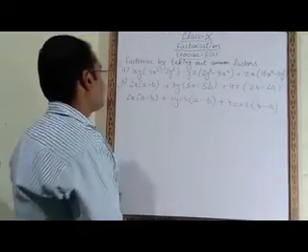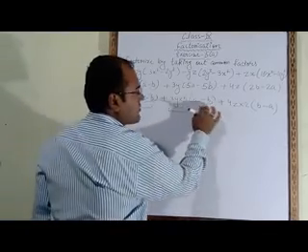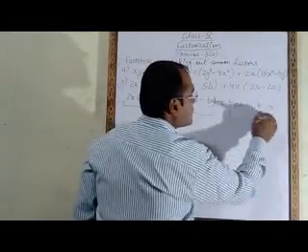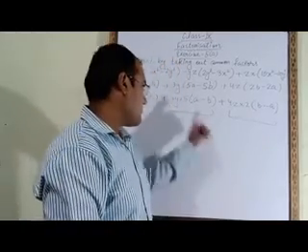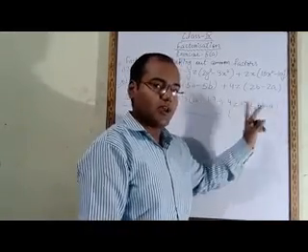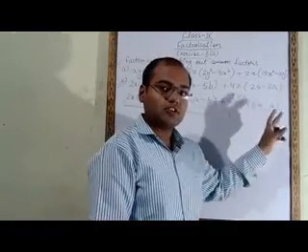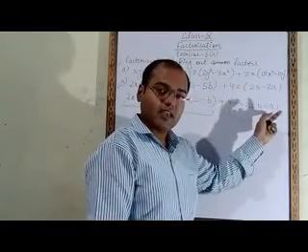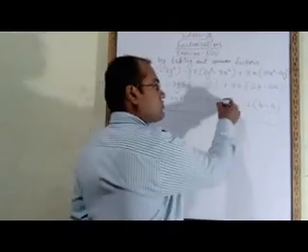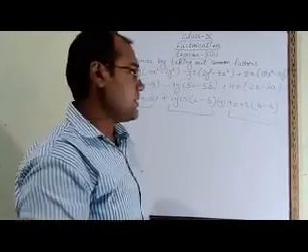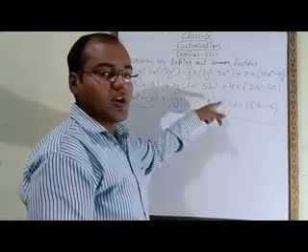Now a minus b is coming here also in this term. In this term also you will get a minus b. In this term you will not get a minus b. Here we are getting b minus a. Things are the same, a and b are coming, but the difference is here it is a minus b and here it is b minus a. So what we have to do? We have to change the sign here. So in order to change the sign, what you have to do? You have to change the outside sign. I told you in the previous question, in the first part, I explained that in order to change the sign of these two numbers, we have to change the sign of the outside number also.